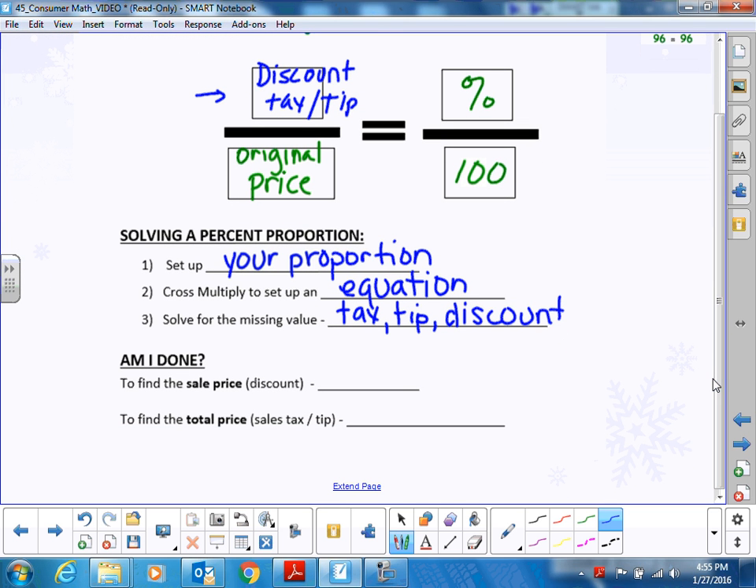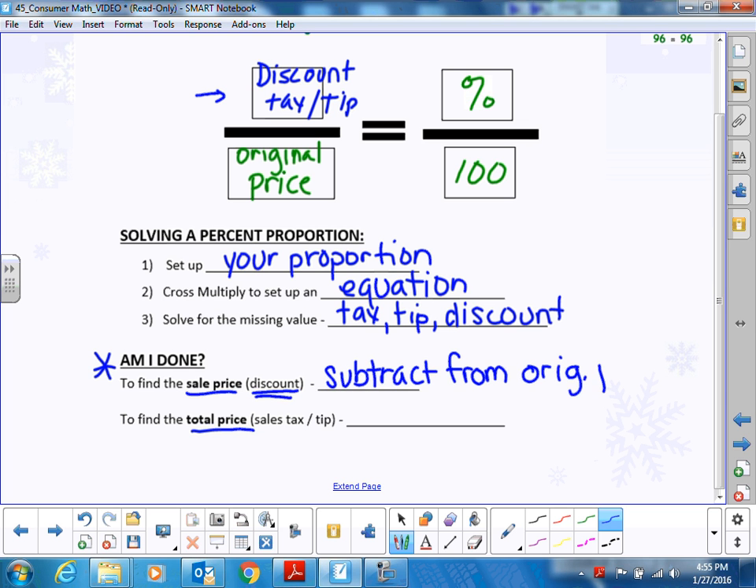What's your discount? How much off is it going to be? That's where you stop. However, if they ask for the sale price or the total price, then you have to do an additional step. So if they ask for a sale price when you have a discount, then you're going to subtract